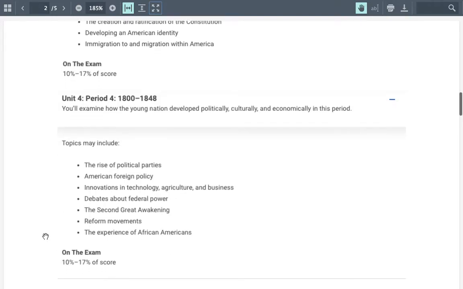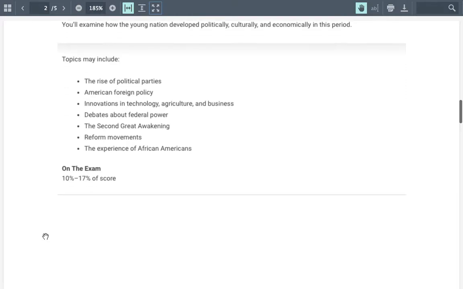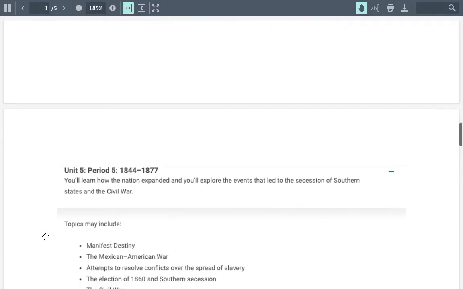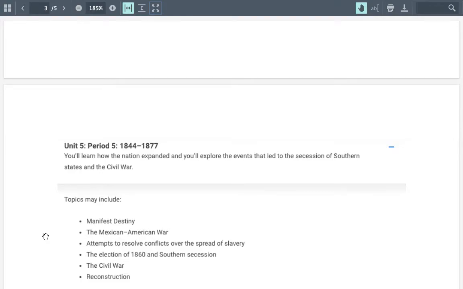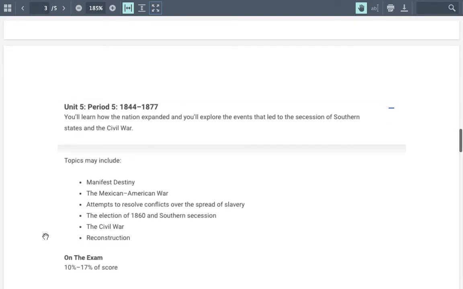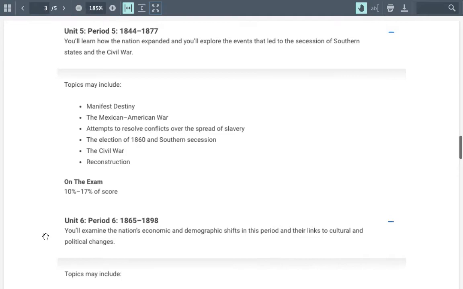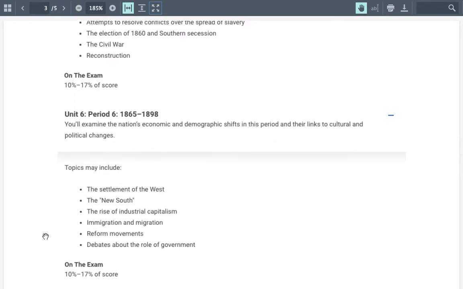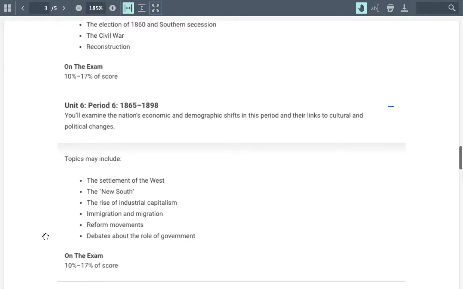Unit 4, or Period 4, 1800 to 1848, the rise of political parties, the Great Awakening, the Second Great Awakening, I should say, 10 to 17% of your score. Unit 5, Period 5, 1844 to 1877. This is Manifest Destiny, the Civil War, Reconstruction, another 10 to 17% of your score. Unit 6, 1865 through 1898, the settlement of the West, reform movements, and debates about the role of government, 10 to 17%